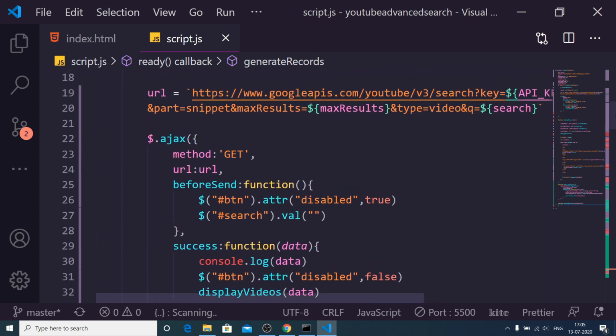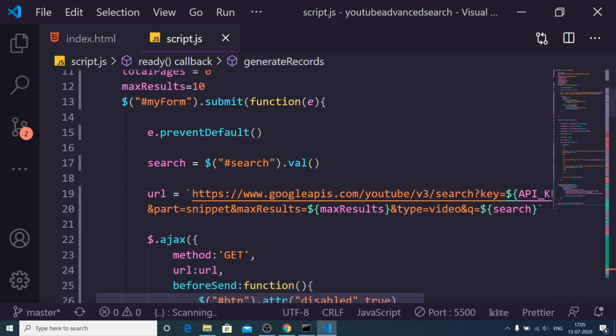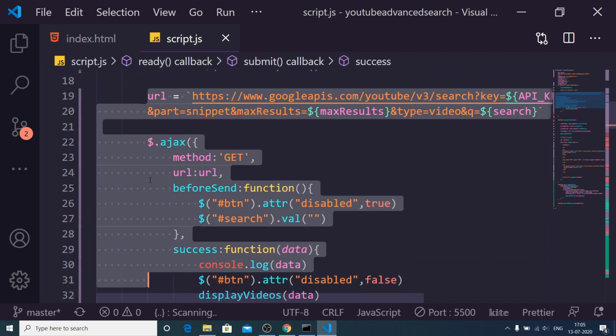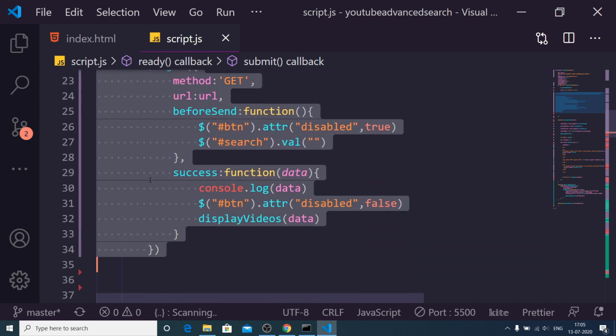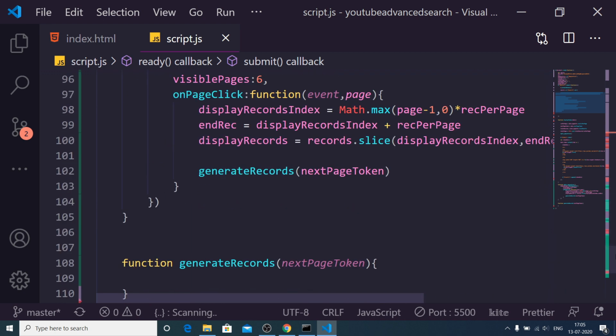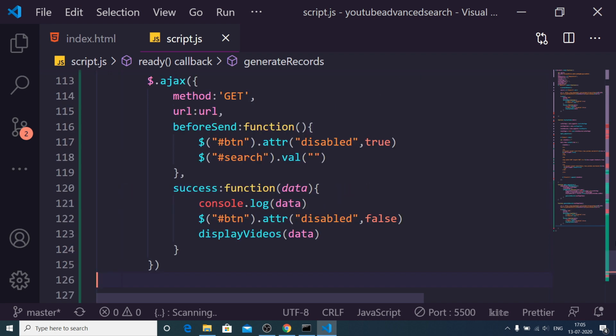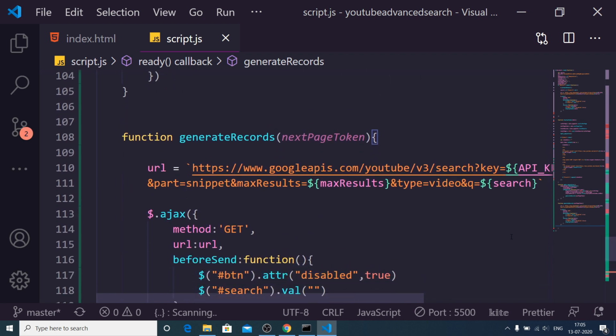So the same thing that we have done inside this. So you can see that. Let me just copy paste all this code here inside this function. So there is a slight modification that we need to make here. Paste it. So here I need to change this URL to URL2,